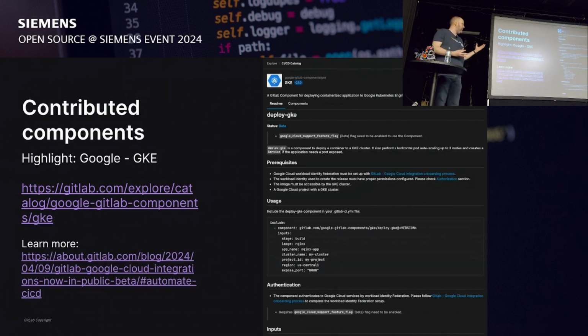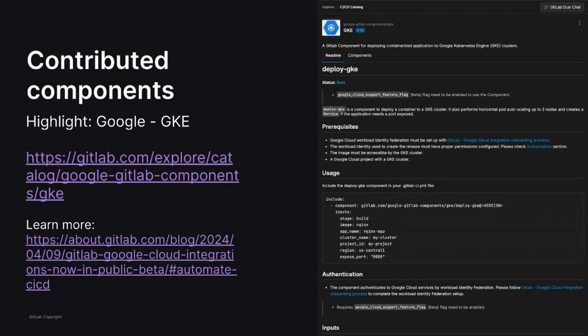On the other side, GitLab has also been working with Google Cloud to bring CI/CD components into the catalog. One example here is to deploy to the Google Kubernetes Engine. There's also a blog post linked about this. And the idea is, again, to make it easier, for example, to deploy to the cloud, virtual machines, Kubernetes clusters,